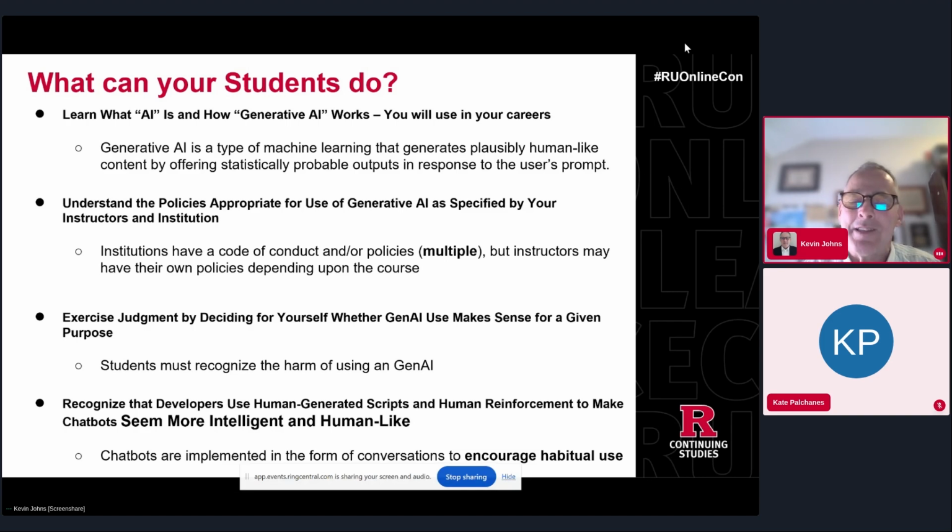But at some point, maybe we can come up with a policy across the board that's consistent, because that way, as Gen AI applications get modified, we just have to go to one policy and update that one policy. We don't have to go to 5 different ones to read them and change them. So, students need to exercise their judgment in terms of using Gen AI applications.